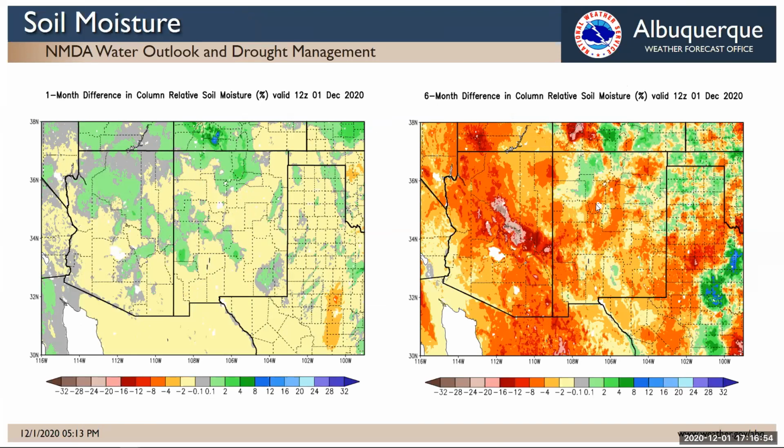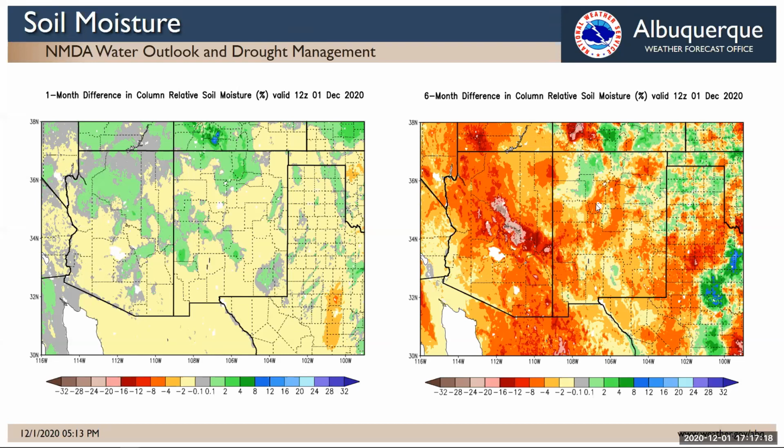So here's soil moisture. This is a change product. This is from NASA SPoRT. It's a combination of satellite data, observed ground, and radar-based rainfall. But on the left is the 1 month's relative soil moisture difference. So we go down to about 2 meters in the soil, about 6 feet or so, a little bit over that. And you can see over the last month, there's some areas that have picked up a percent or two